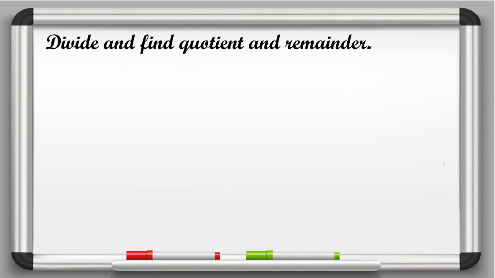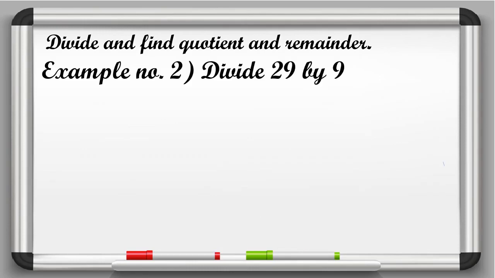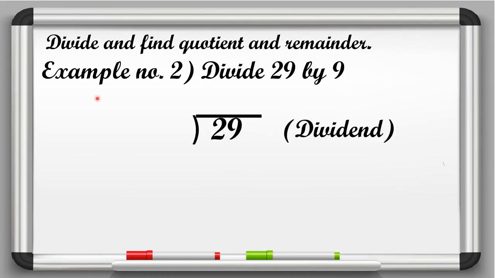Okay, now in example number 2 it is given divide 29 by 9. So here beta we have to write the dividend first of all, and here the dividend is 29, so we'll write 29 here, okay, and 9 is the divisor, so here at the left side we will write 9, okay, and this is the divisor. Now beta we know that 29 does not come in the table of 9, so what we have to do, we have to write the table of 9 here at the side, okay. We will write the table of 9 here on the side. So let's start.